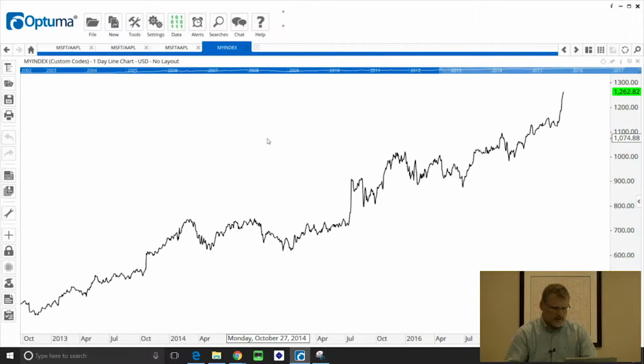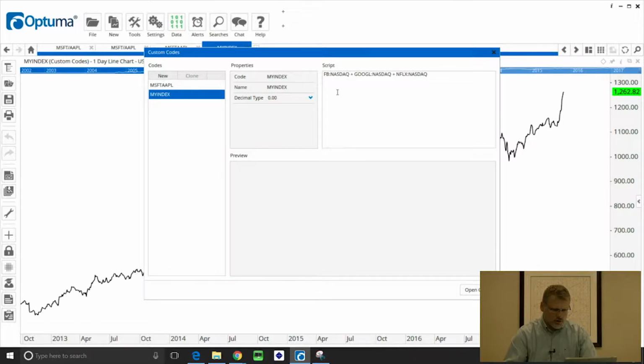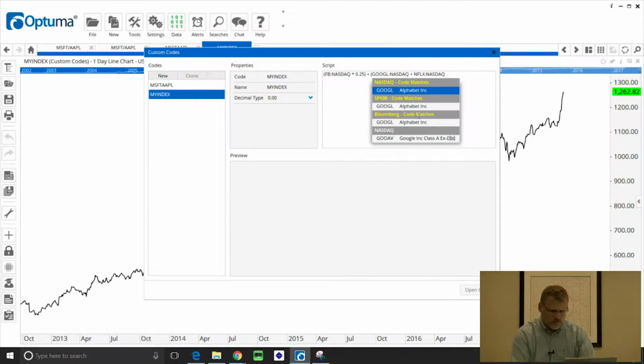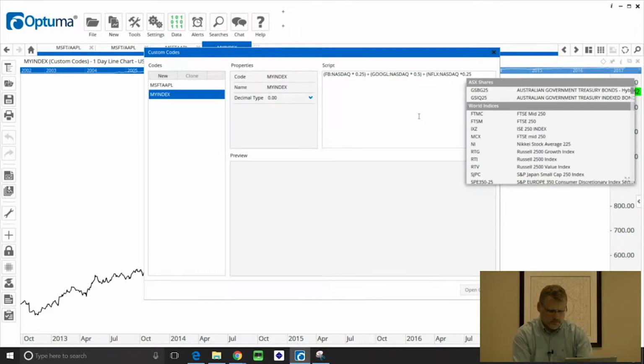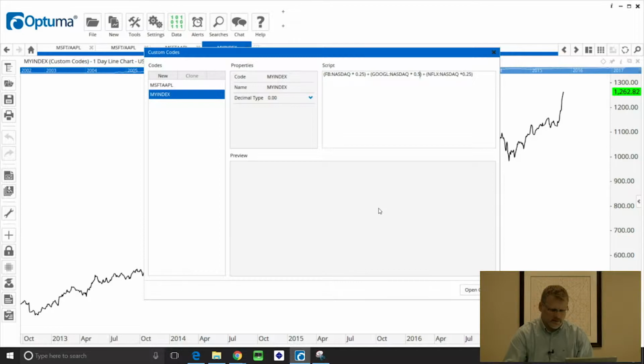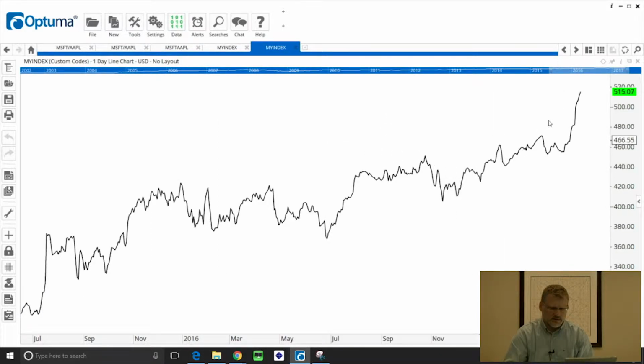Now we can weight this index as well. So go back into the data custom codes. What we can do is edit this formula. So I want to put Facebook in parentheses. So I can do Facebook and then multiplied by 0.25, and do the same for Google, or a different value, but star 0.5, and Netflix star 0.25. And that's now a weighted index of those three. So I just click open code,